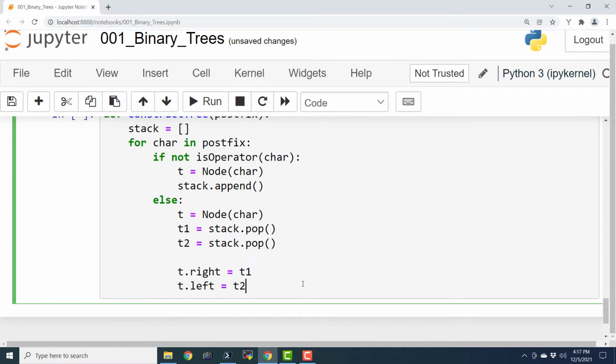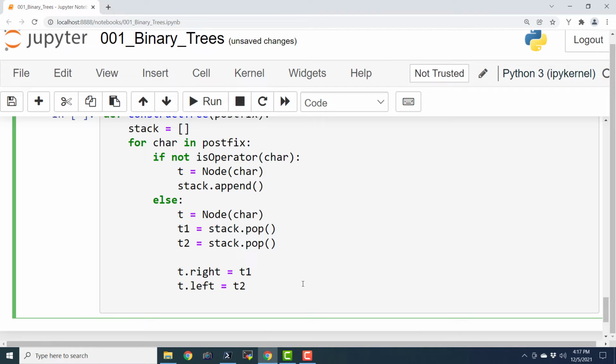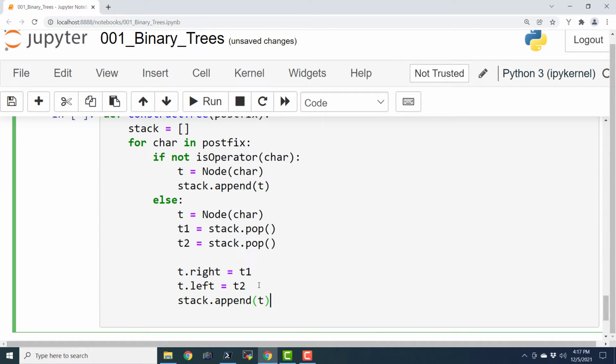And now I am again going to append the stack with t. Earlier also we had to append the stack with t. So I will just say stack.append(t). We are going to push that particular value in the stack.